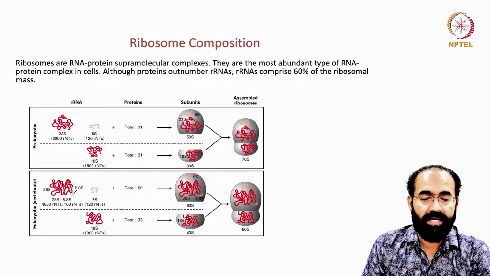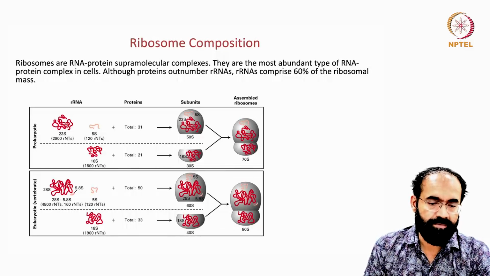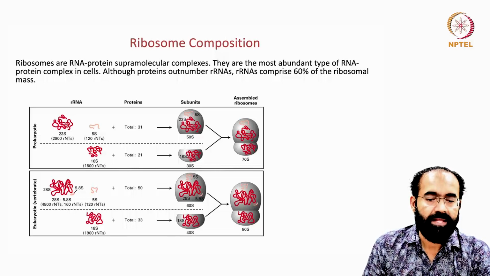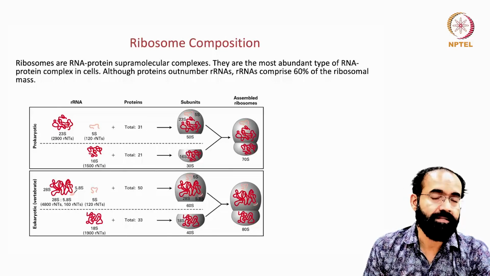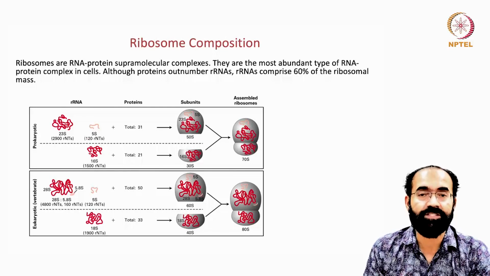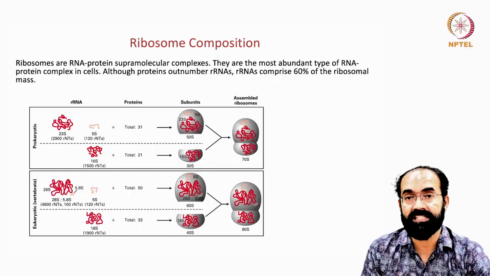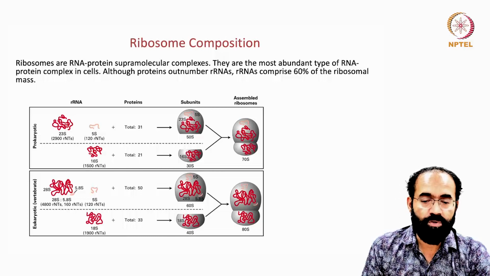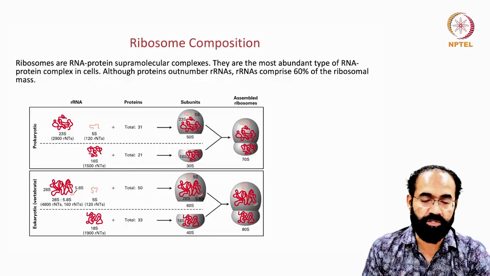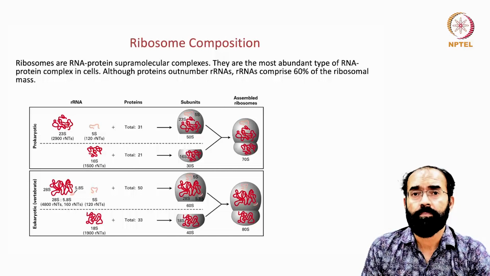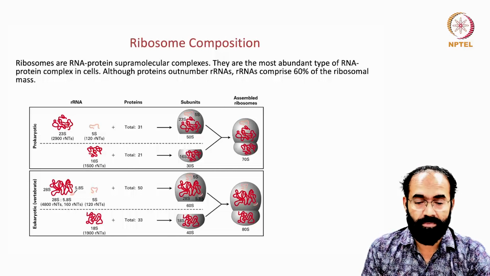So now let us see the ribosome composition. Ribosomes are RNA-protein supramolecular complexes. We have seen ribosomes from the beginning of this RNA biology course, as a classic example. They are the most abundant type of RNA-protein complex in the cells, which accounts for a significant proportion of the total RNA. Although proteins outnumber the ribosomal RNAs,